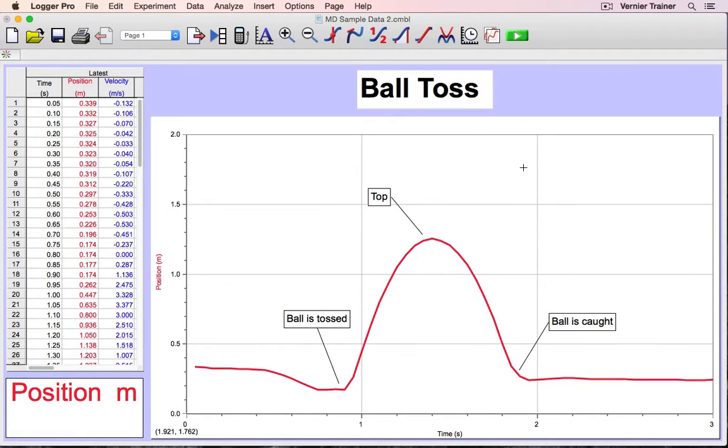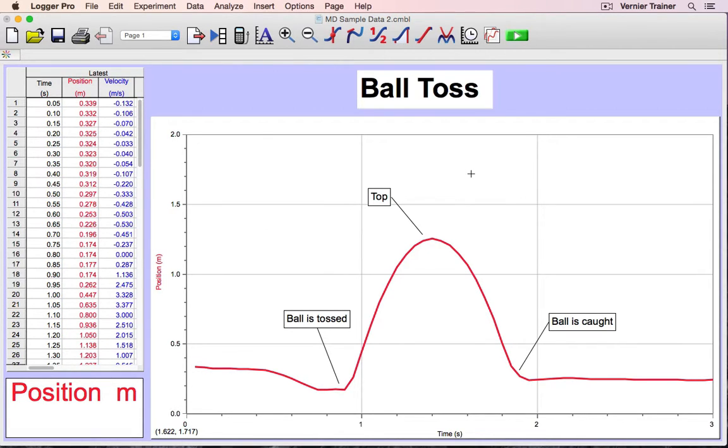Although Logger Pro is designed primarily as a data collection and analysis tool, it can be helpful to organize and annotate data collected. To that end, Logger Pro has a number of features that allow you to change how your data is presented. For example, I've collected some motion data by tossing a small ball above a motion detector. By default, Logger Pro displays position and velocity data, although it recorded acceleration data during the run as well. I've set up my Logger Pro window already to show some of these organization features.